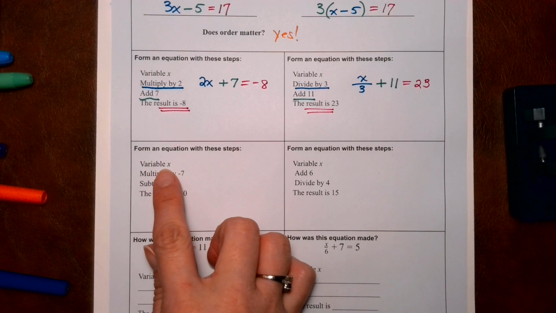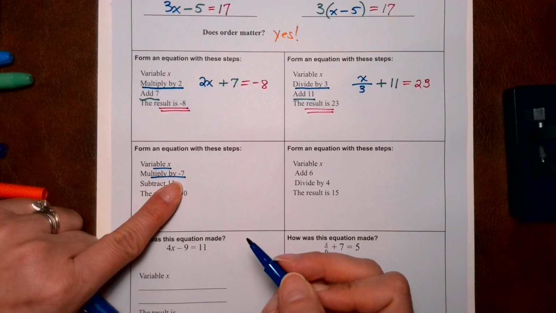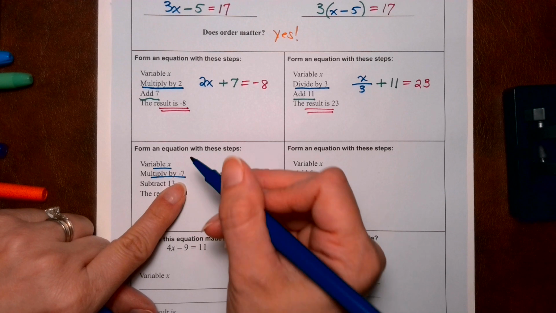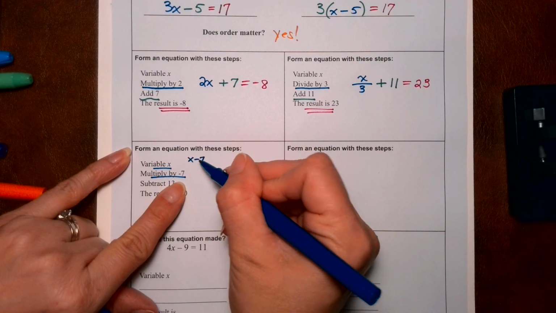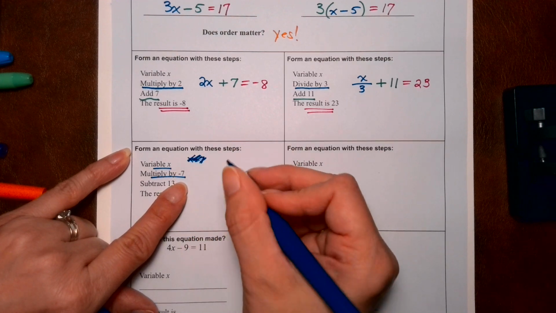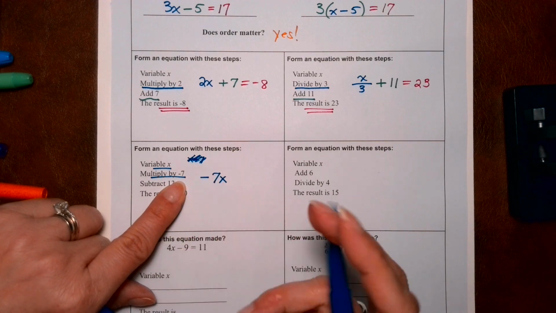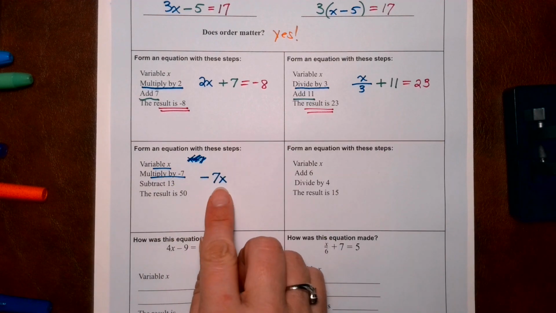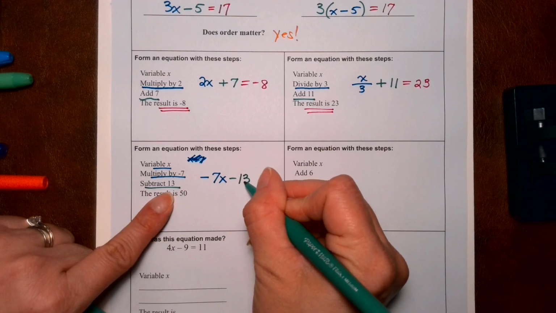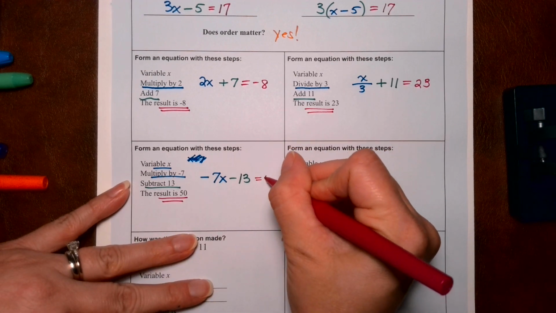Form an equation. Take variable x, multiply by negative 7. Remember, multiply has to go in front. What if I said minus 7? No, wait, that doesn't look right. That looks like subtract. We have to put the negative 7 in front of x. Otherwise, it would look like subtract. The number goes in the front. Step 2, subtract 13. The result equals